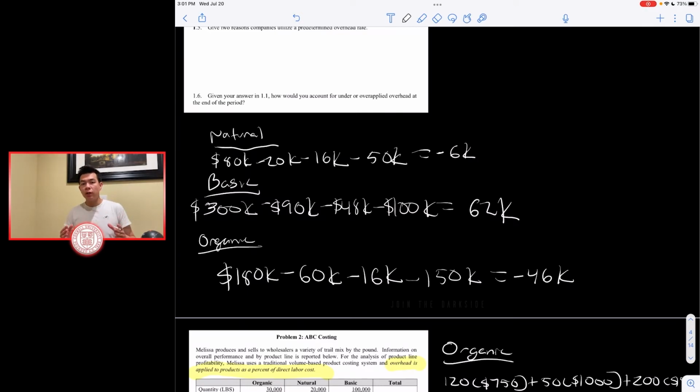Because even though natural is operating at a loss, if you cut that product line, you'll still be incurring a lot of those fixed costs. Therefore, it's probably not a good idea to cut natural as well. You want to keep those two product lines operating, especially basic, which is her most profitable product line. Now, organic is a different story. Organic is operating at a heavy loss, so it might be a better idea to drop that product line. But that's not what this question is actually asking here. Because it's operating at a much heavier loss, it might be a good idea to drop it even with